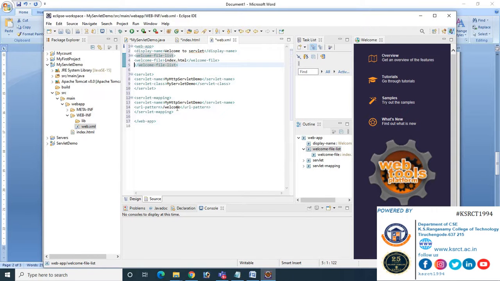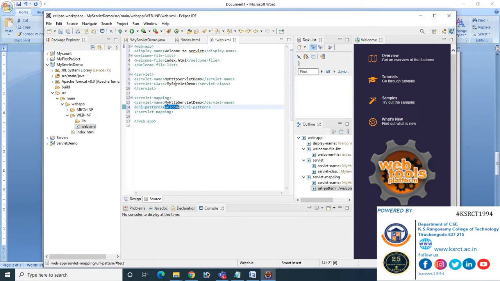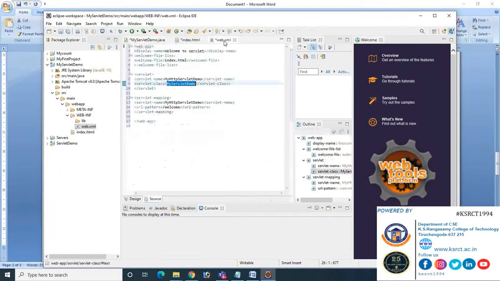Which means that the word welcome, which is given here, is mapped with my servlet demo, which is the name of our servlet program. In order to perform this mapping process, we are in need of XML file.